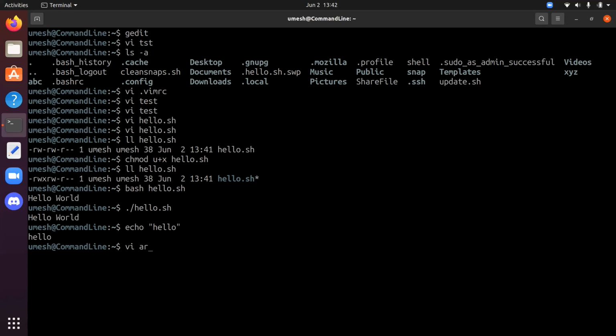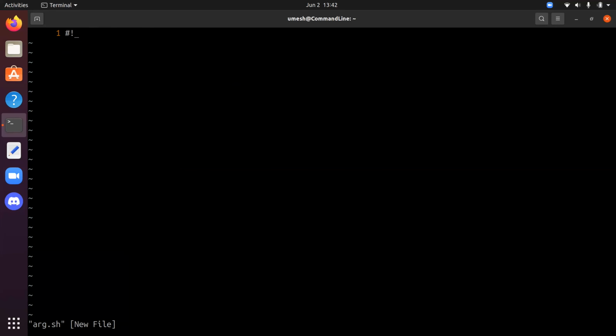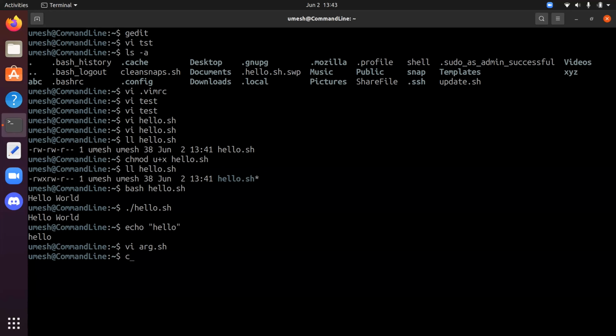So vi args.sh, so create a new file. echo hello $1. So the $ sign represents the first argument in the command line, and $0 means the name of the script itself, which we'll look into shortly. So now if I run, let's change the permission first.